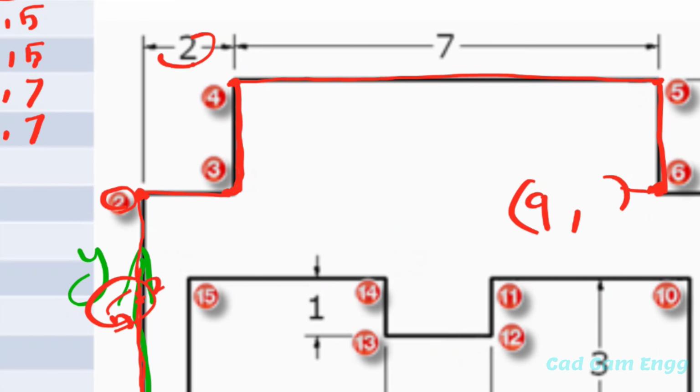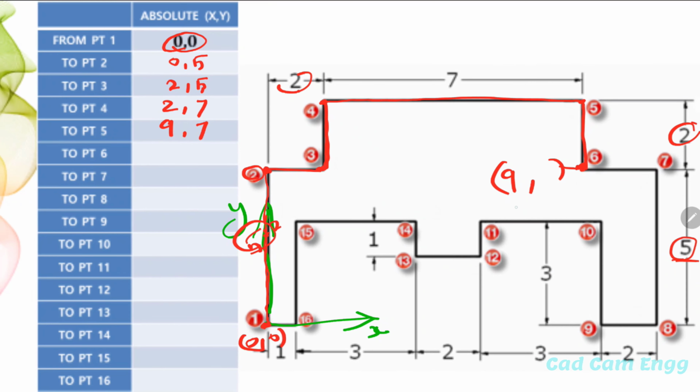How do I get 9? 7 plus 2, 9. This is 0 from here. Now we count the y-axis value. The y-axis value here is always 5, down 2 mm. So point number 6, we enter 9,5.